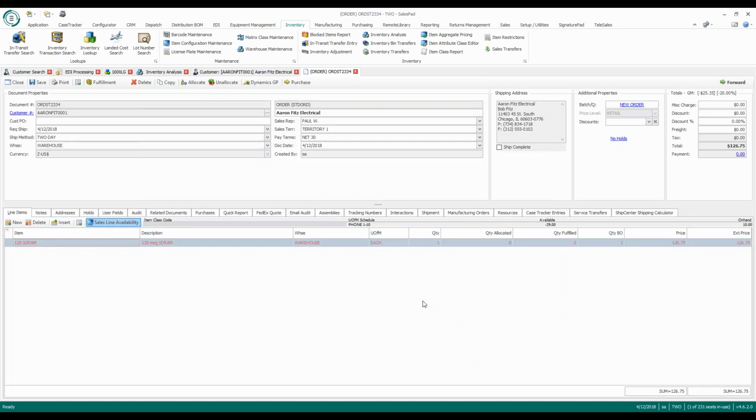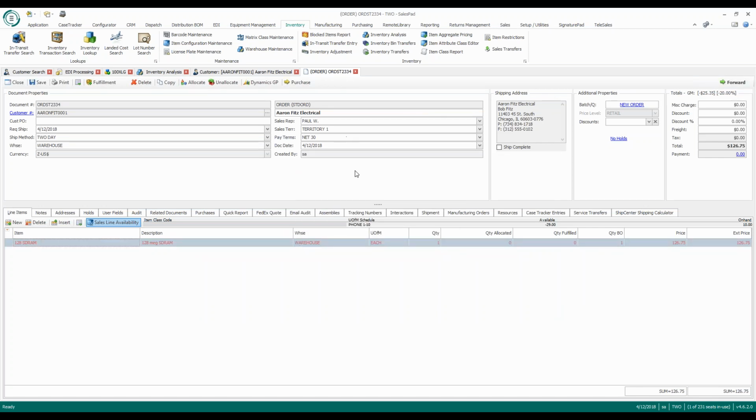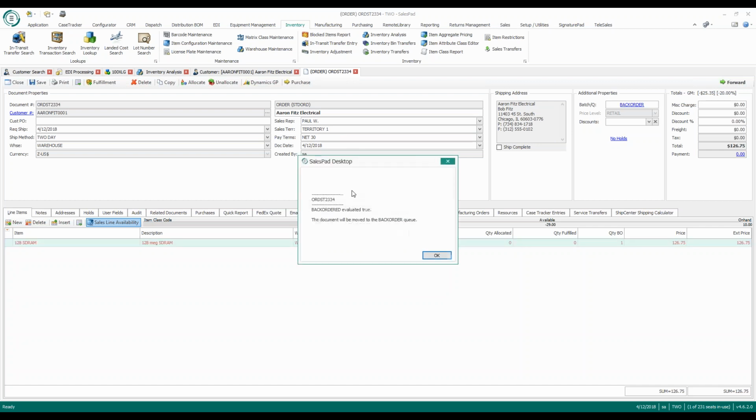So I'm going to go ahead and click OK, and I'm going to forward my document. Forwarding my document is going to put it into a new queue. So again, workflow is kind of the backbone to our order entry process. It takes a lot of that manual moving of documents to different batches and queues out of the mix so